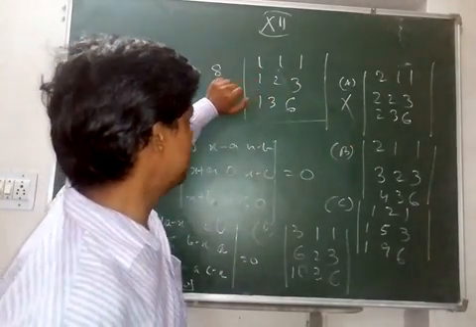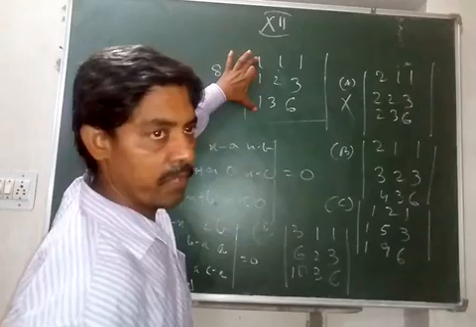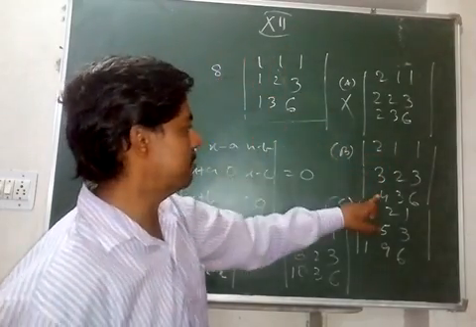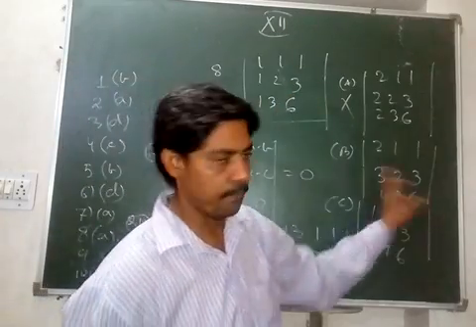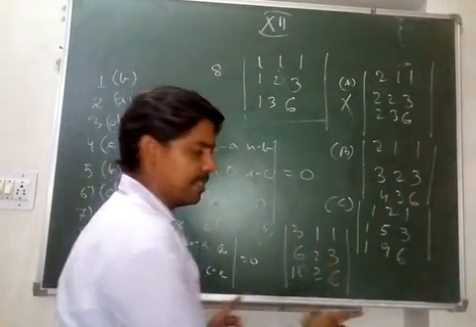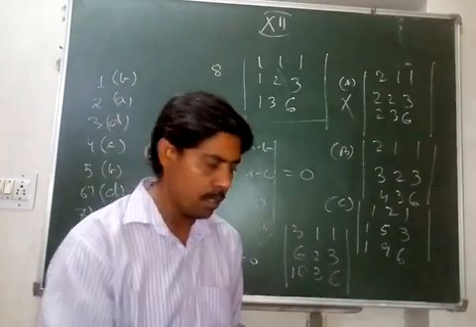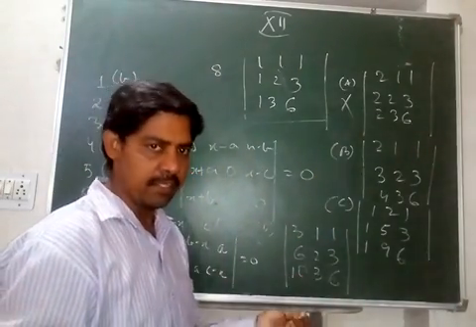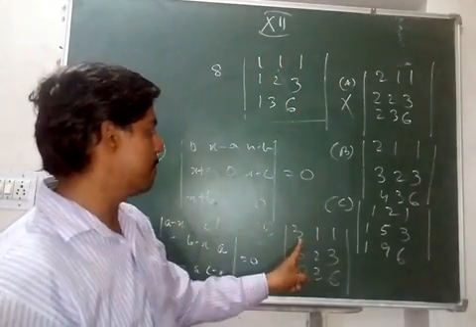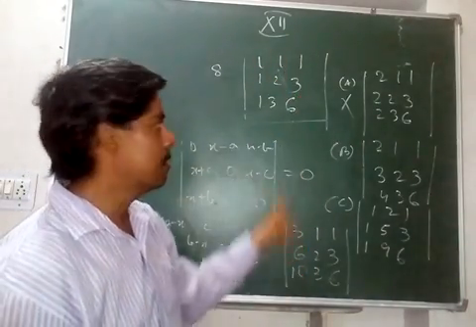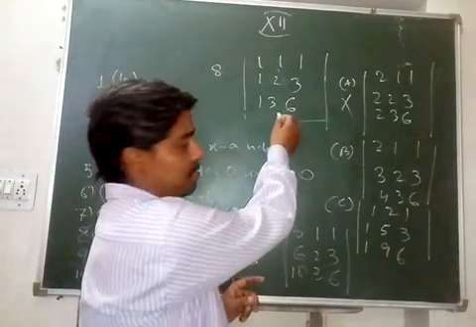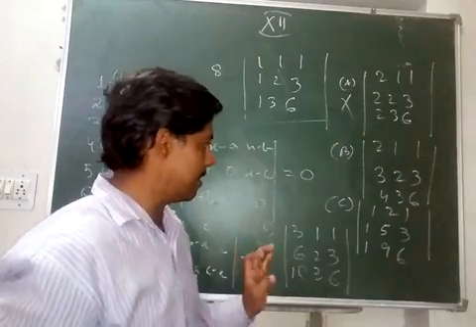B is matching if we just add C1, that is column 1, to column 2. So 1 plus 1 is 2, 1 plus 2 is 3, and 1 plus 3 is 4. And column 2 and column 3 are the same. So B is correct. D is also correct if I write 10 3 6. Though I had written 1 1 1, that was wrong. But if I write 10 3 6, then it is correct. You can easily check. In all 3 rows, 1 plus 1 plus 1 is 3, 1 plus 2 plus 3 is 6, 1 plus 3 plus 6 is 10. So you write C1 equal to C1 plus C2 plus C3, then D is correct.